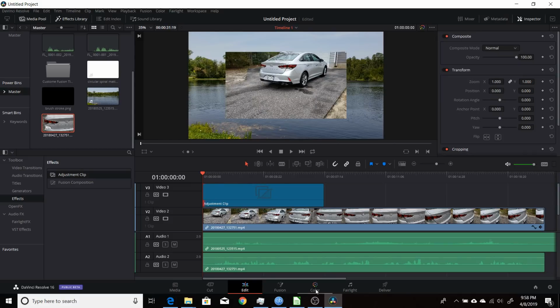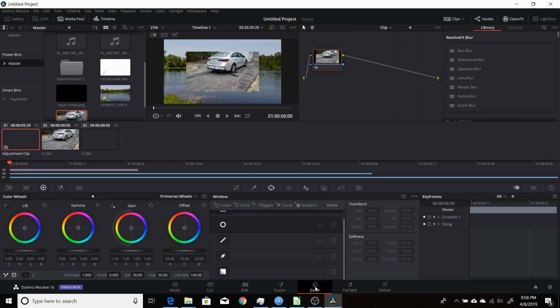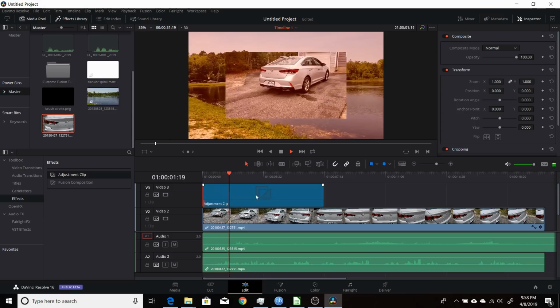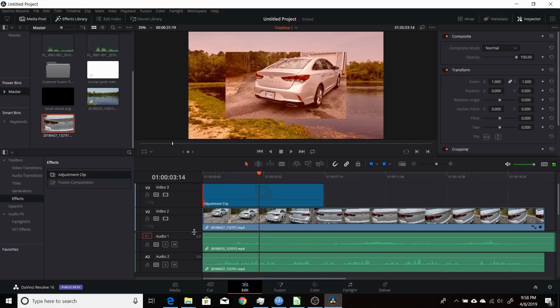And basically anything you do under the color tab as well. So we'll come into the color tab, and I'll come to the adjustment clip, and I'll just do some big changes here. I'll change the color so you can see that here. If I come back to the edit and play it through, I'd like to mention where the adjustment clip is,